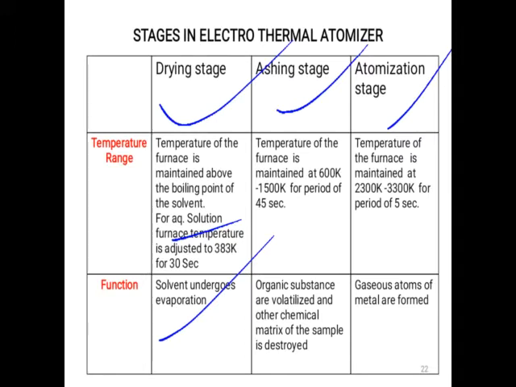The second one is the ashing stage. Temperature is doubled, generally it is maintained at 600 Kelvin to 1500 Kelvin for a period of 41 seconds. In this, what happens is organic substances, volatile matter and other chemical matrix of the sample are destroyed. Suppose there are 4-5 metals and only one has to be detected, then only the one metal volatilizes and the rest of the sample is